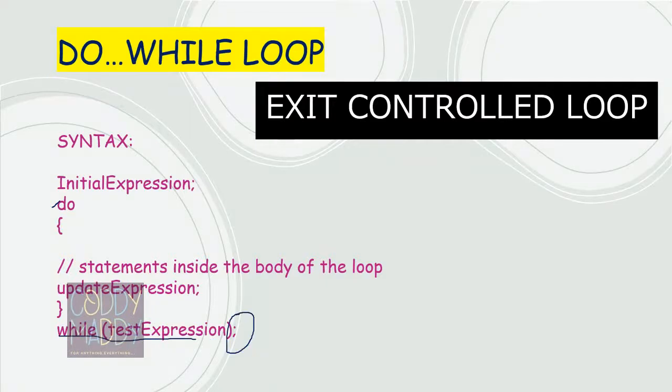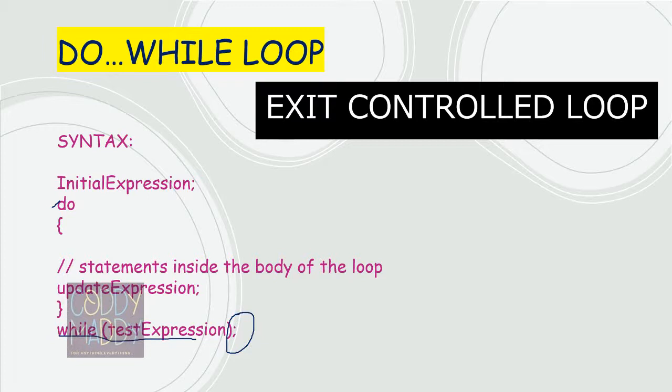One thing to be noted in a do while loop is the semicolon that we give after the while and the condition. After the while we have the condition within round braces and then the semicolon. This semicolon is different when we compare with the for and the while syntax, where we won't give that semicolon. This is also the only exit control loop available in C.